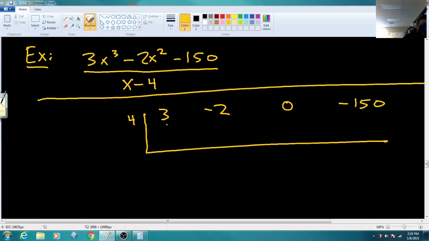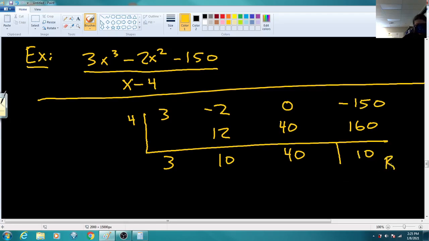So what we're going to do is we're going to bring the 3 down. 4 times 3 makes a 12. Negative 2 plus 12 is a 10. 4 times a 10 makes a 40. 0 plus 40 is still a 40. 4 times 40 is 160. Negative 150 plus 160 ends up being 10. That's our remainder. These will be the quotient